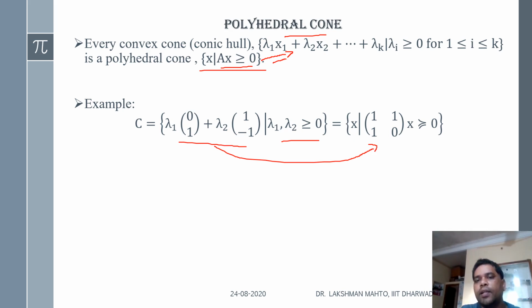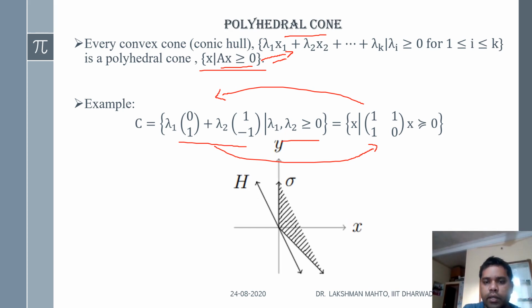And if you solve this system, you will find that the same convex hull of these two points can be written as a polyhedral cone. Similarly, if you have a polyhedral cone, you can revert it back to a conic combination. So both things are possible. They are related to each other, and you can observe an equivalency between these two.